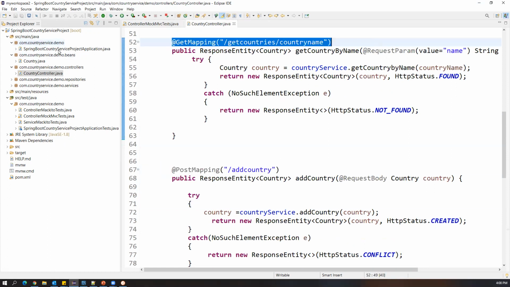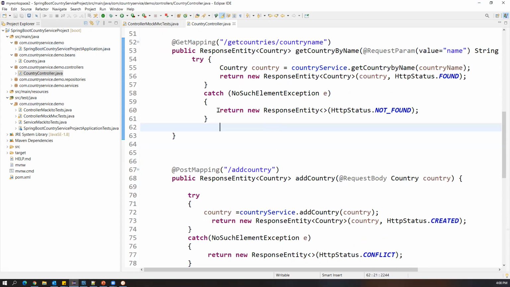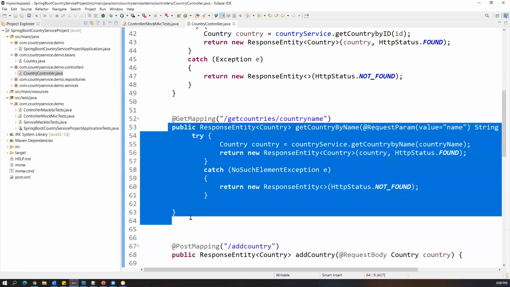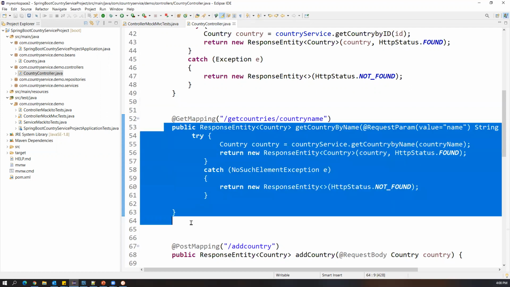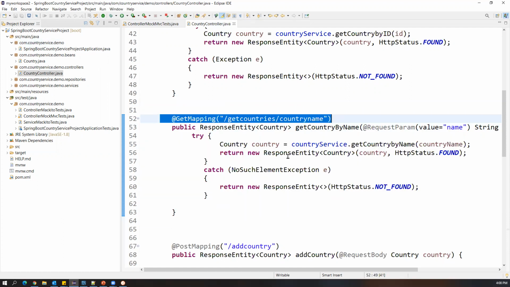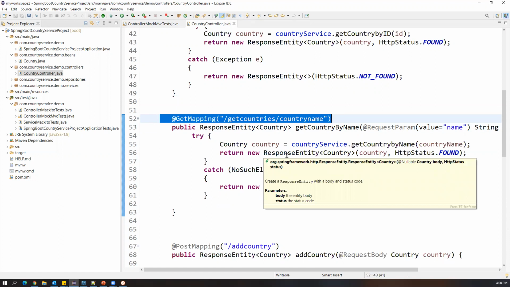For that, we have not started our Spring Boot server. Without starting the Spring Boot application, we have directly invoked the controller methods and successfully unit tested. So that is the beauty of the MockMvc framework. So what is the difference between Mockito and MockMvc? Mockito will be used to mock the data or service. And what MockMvc does is we can still execute our controller method without starting the Spring Boot application, by just passing the URL. For that, we use the MockMvc framework.